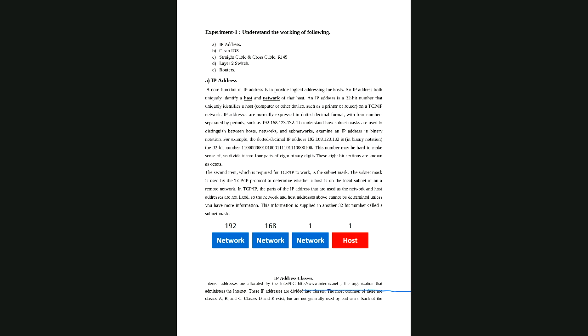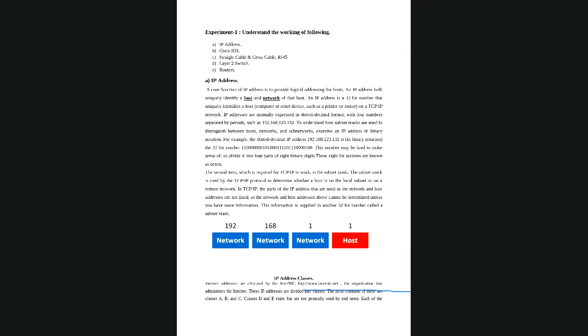So the IP address, in a nutshell, is required for a particular device to be recognized. For example, humans need names to be recognized. In that way, devices also need names, which come in the form of IP addresses. There is also one physical address required for a device, which is known as the MAC address. That MAC address works in layer 2 switches. We'll discuss in depth when we talk about switches what a MAC address is and the total number of bits required for that particular address.